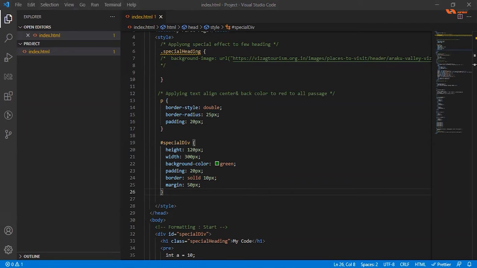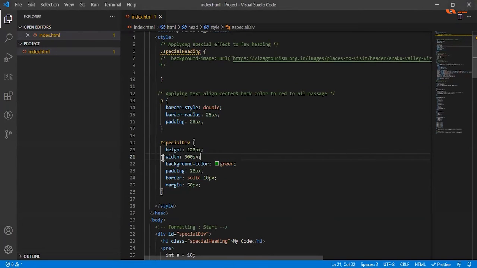Excuse me, sir. Sir, what is the general difference between width and max width, sir? Sorry, can you please tell me? Sir, what is the difference between only width and max width, sir? Width and max width is something that will be more useful when you work with respect to mobile view. For example,